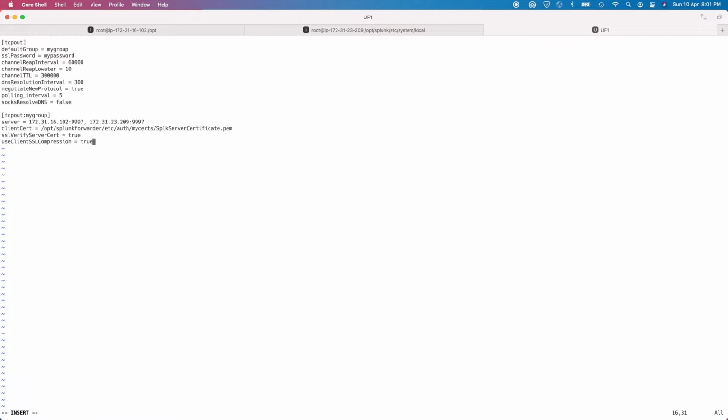So the outputs file should be like this, outputs.conf, right? Only thing is the SSL password, the password that we used for generating the private certificate, I mean the server certificate on the indexer 1, the 2 indexers' IPs, right, and the absolute path to where our Splunk server certificate